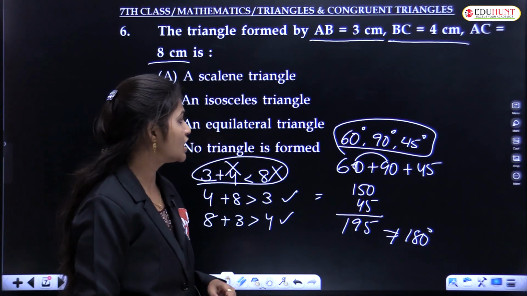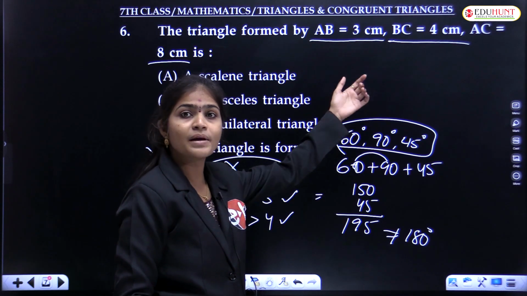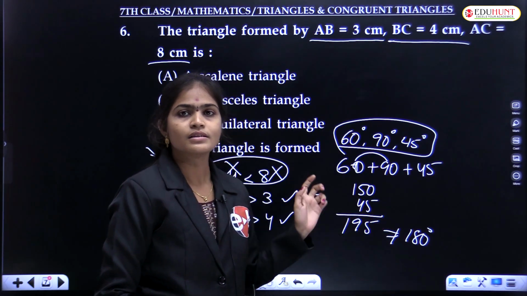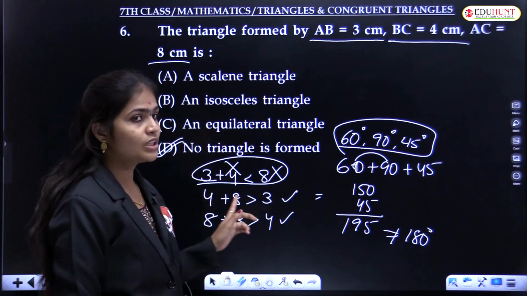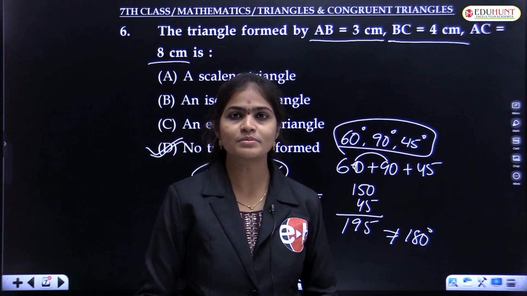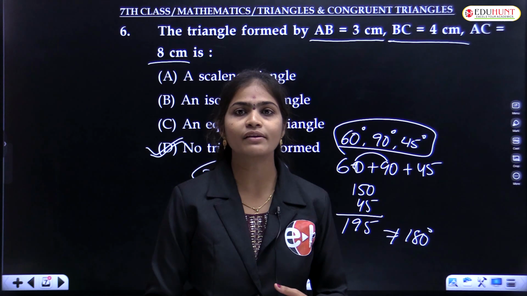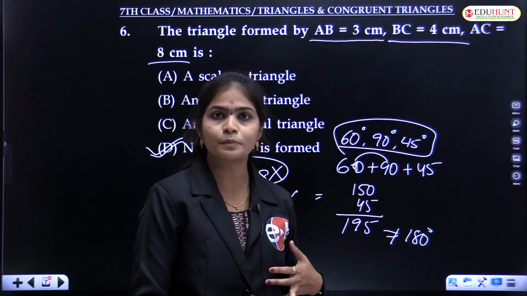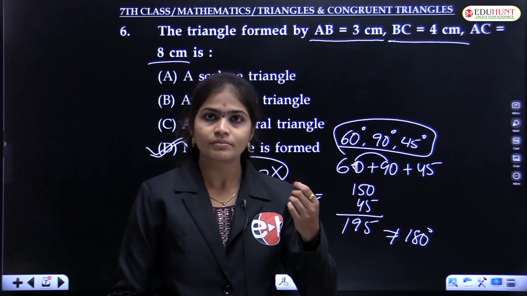Okay, so this condition also we can check. If the measurements are given in angles, then you have to check like this. Okay, so this is about the worksheet, problems 1 to 6, children. In the next video again we will meet with the next further problems. If you have any doubts up to 6, if you have any differences,